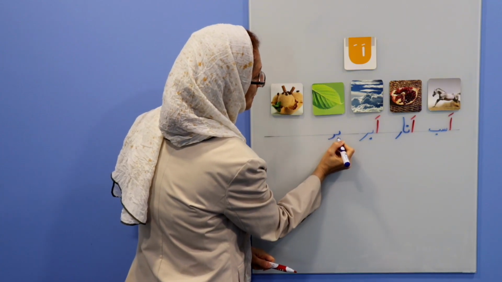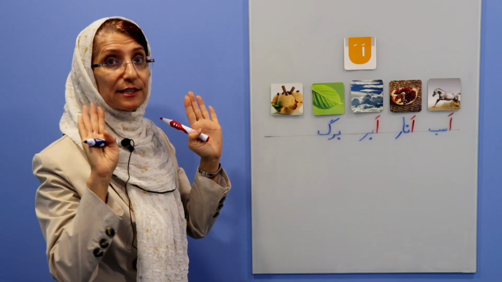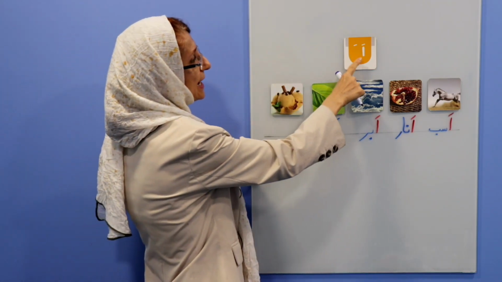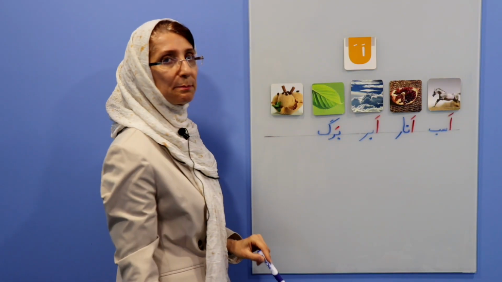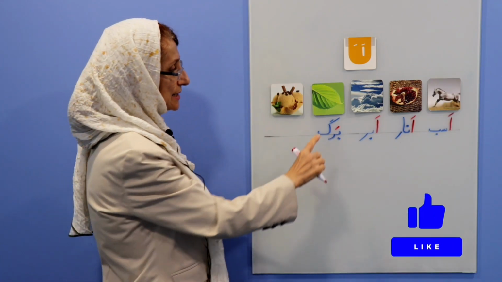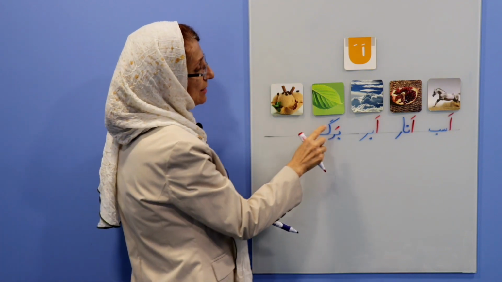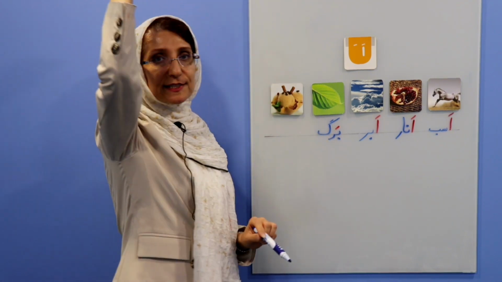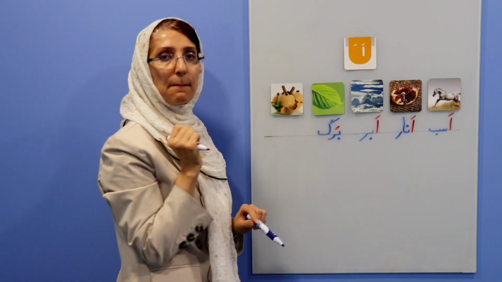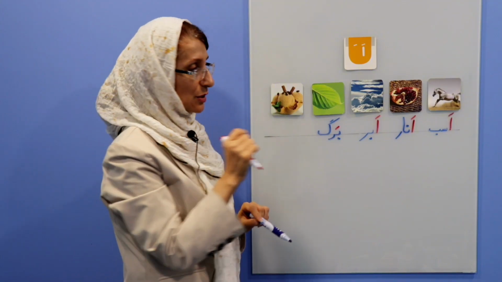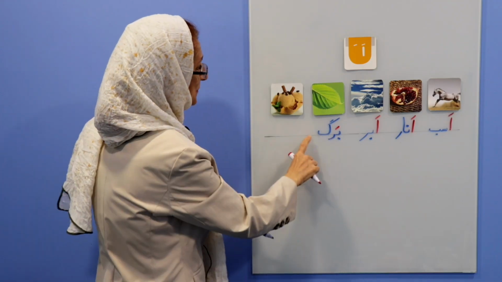Look at here. Don't pay attention to other sounds. You haven't learned them. Don't worry. Just learn A أول and A غیر اول. You see? برگ. Berg. This is B sound that we learned in the previous lesson. Berg, when you put this A above its head, then it makes it sound Ba. Without this it is B sound, B, B. But when you put it above its head, then it is Berg. And in the word